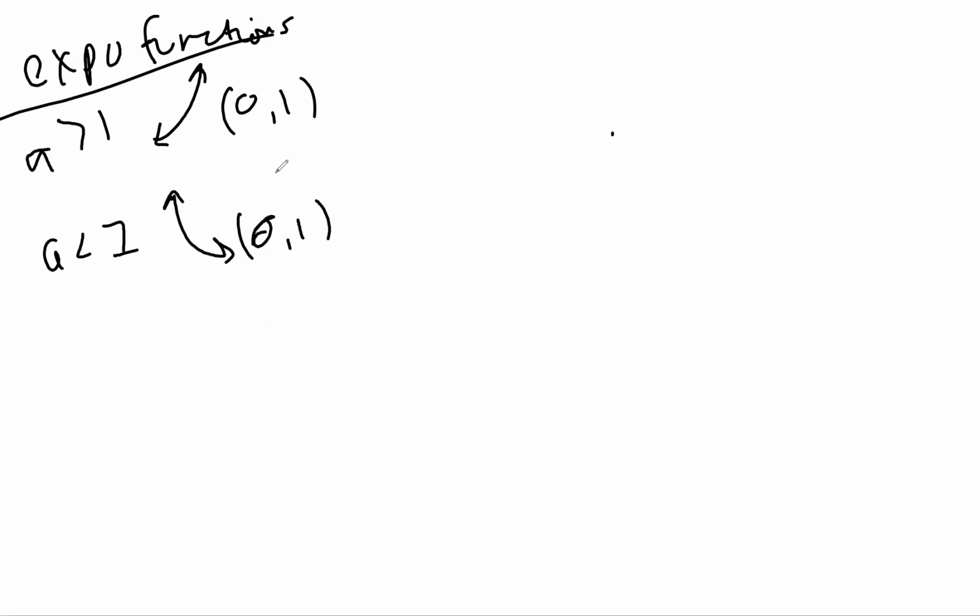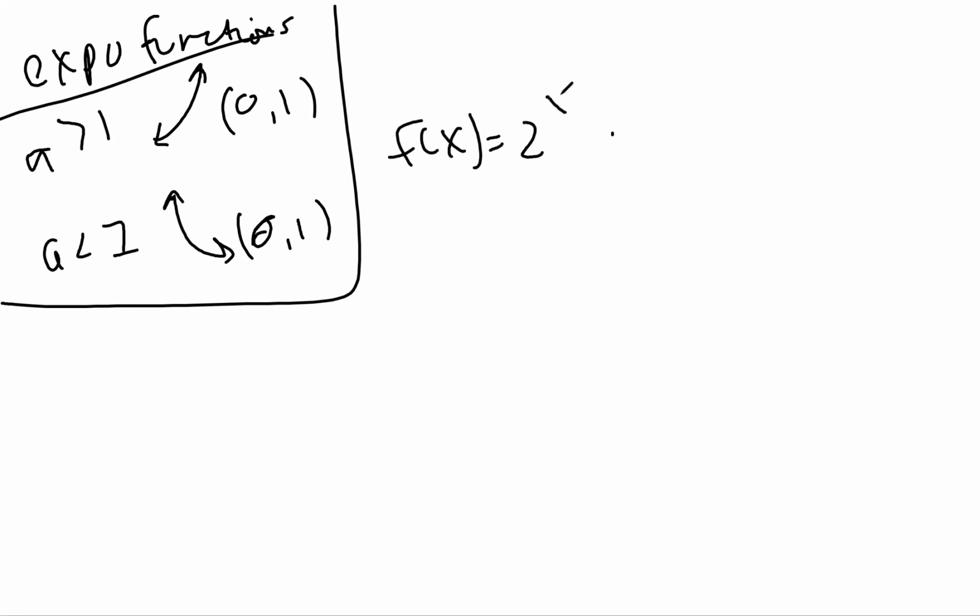And so what's going to happen is we're going to be given some things to graph, and all we have to do is look to see if there are any transformations. So we'll keep this up here and we'll try a couple just to see. So what if we have, I don't know, let's do f of x equals 2 to the x. Let's do it like that. And so the first thing that we need to realize is in this case, the a value is a 2, which is greater than 1.